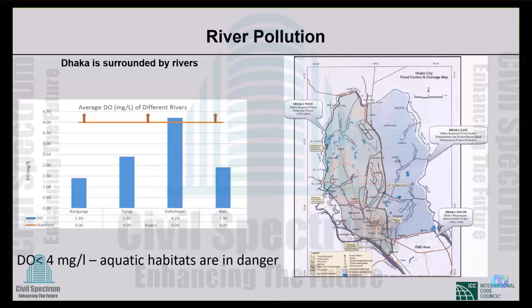Later on, you cannot enjoy the lake of Gulshan. You cannot move around the lake sides and river sides, where you sell a flat for almost 2 times more because people want to see the scenic beauty and the natural beauty. But if the river is dead, what is the beauty? You cannot sell that building. No one goes there. What's going to happen? So you have to protect the environment for better return.